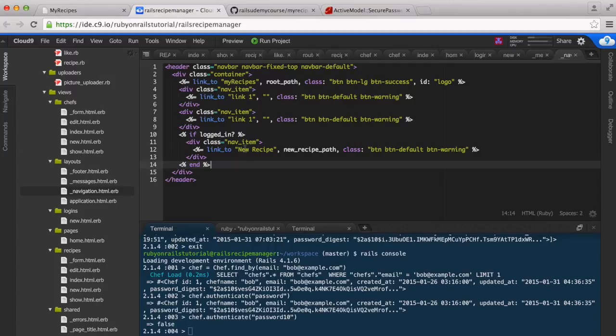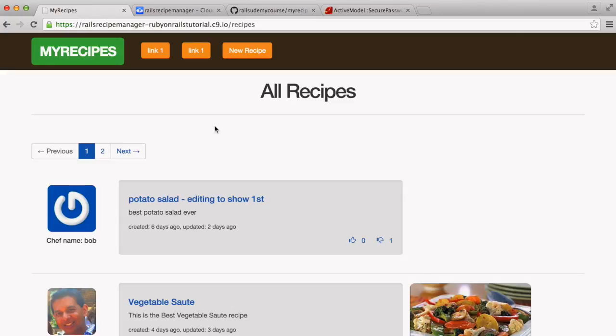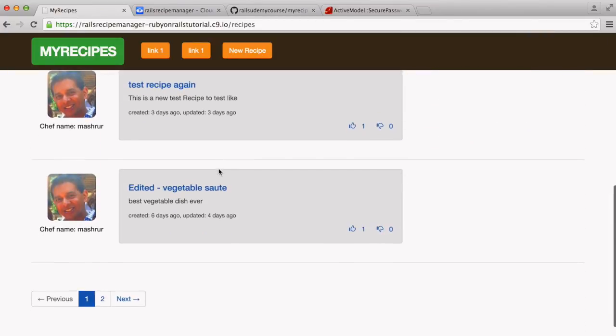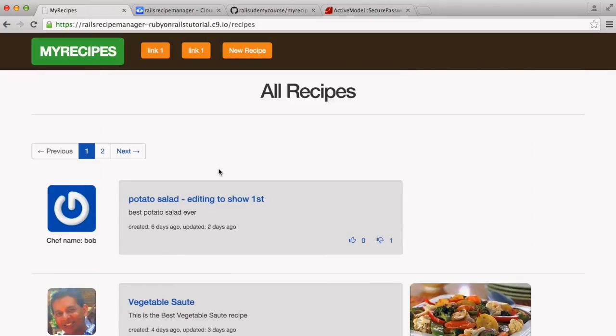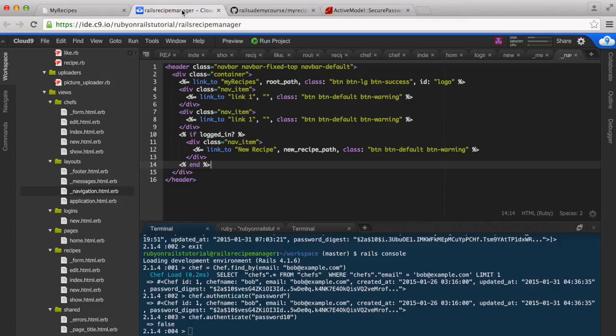Now, based on that, think about how you can implement this to the rest of the app, right? And there are so many things that you'd want to restrict. So I want you to think about it and write down what you come up with and take a shot at implementing it yourself. But I'm going to make one more modification in this lesson, and that is,